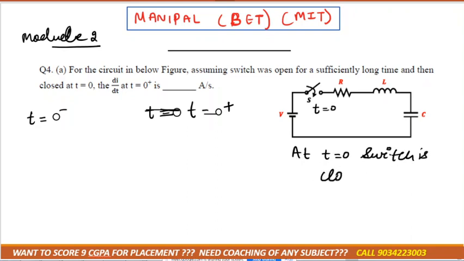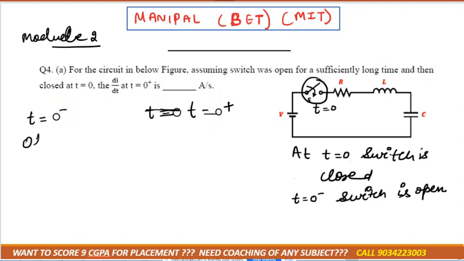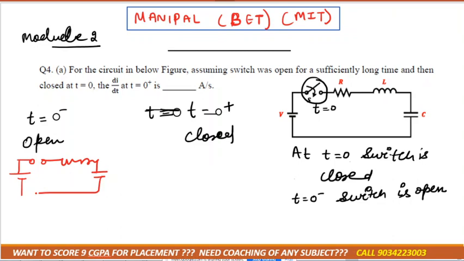Closed. Got it? Then what does it mean at t equal to 0 minus? It means just before that condition. Switch was open? Yes or no? So at t equal to 0 minus the switch is open, and at t equal to 0 plus the switch is closed. Correct? If the switch is open, then the circuit looks like this, R L C, and if the switch is closed, then the diagram would be like this